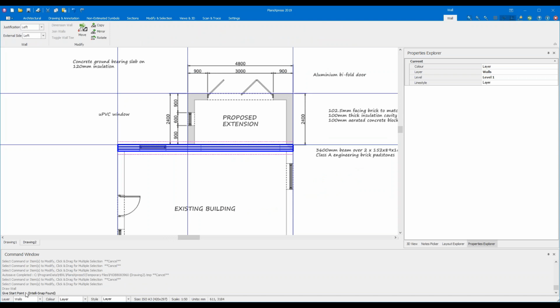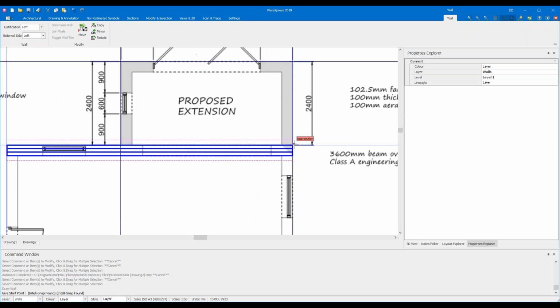So the command window is telling us to give the start point. This time we're going to start on the right hand side of the building and we're going to draw the extension walls in a backwards N shape, I guess. So place your cursor over the point where the extension joins the existing building on the right hand side and zoom in,